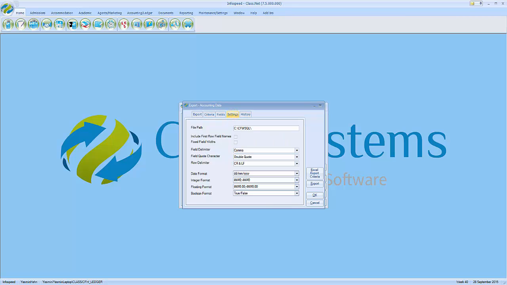The Settings tab is where you choose where the export file is then eventually sent and saved to. And by ticking the box Include First Row Field Names, you will see the headings from the previous screen in Excel. If you now click on Excel Export Criteria, this will show you in Excel format all of the decisions you have made so far in this module,